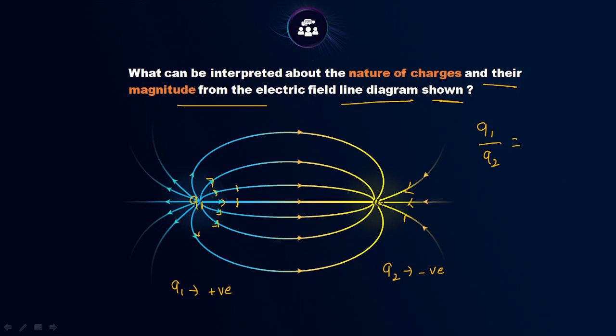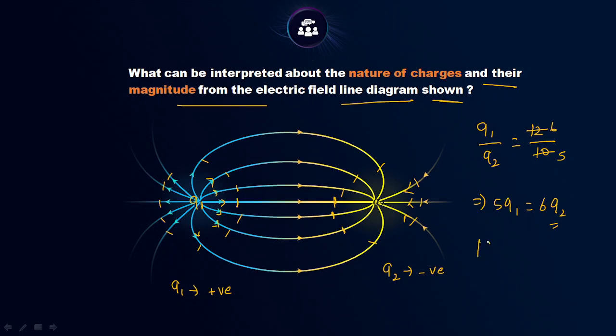Now, if I want to write the magnitude of Q1 by Q2, let us count the numbers. So 1, 2, 3, 4, 5, 6, 7, 8, 9, 10, 11, 12. That is 12 for Q1, and Q2 will be how much? Let us count. 1, 2, 3, 4, 5, 6, 7, 8, 9, 10. So 10. So 12 by 10, right? So from here, can I say Q1 by Q2, if you simplify, 12 by 10 is 6 by 5. So we can say that 5 times Q1 equals 6 times Q2. Simple. Yes or no? Everyone?